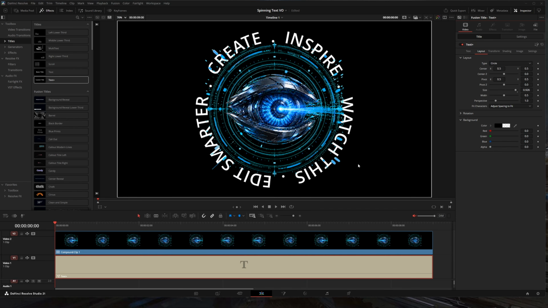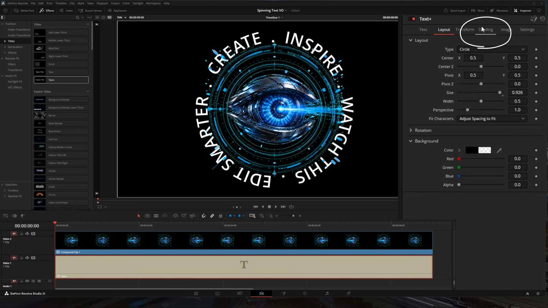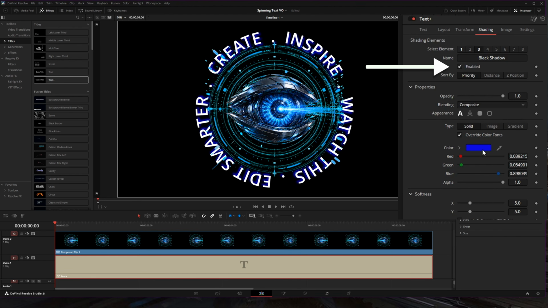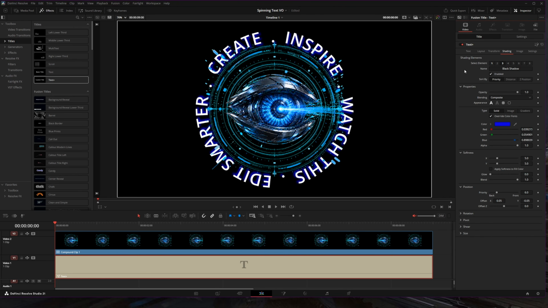If you want to snap this up a little bit, you can go over to the Shading tab and say Active number 3, which will give this a blue glow because we've selected blue. And you can make it whatever color that you want, or you don't even have to put any shading at all in there. So now to animate this, what we're going to do is we're going to go over to